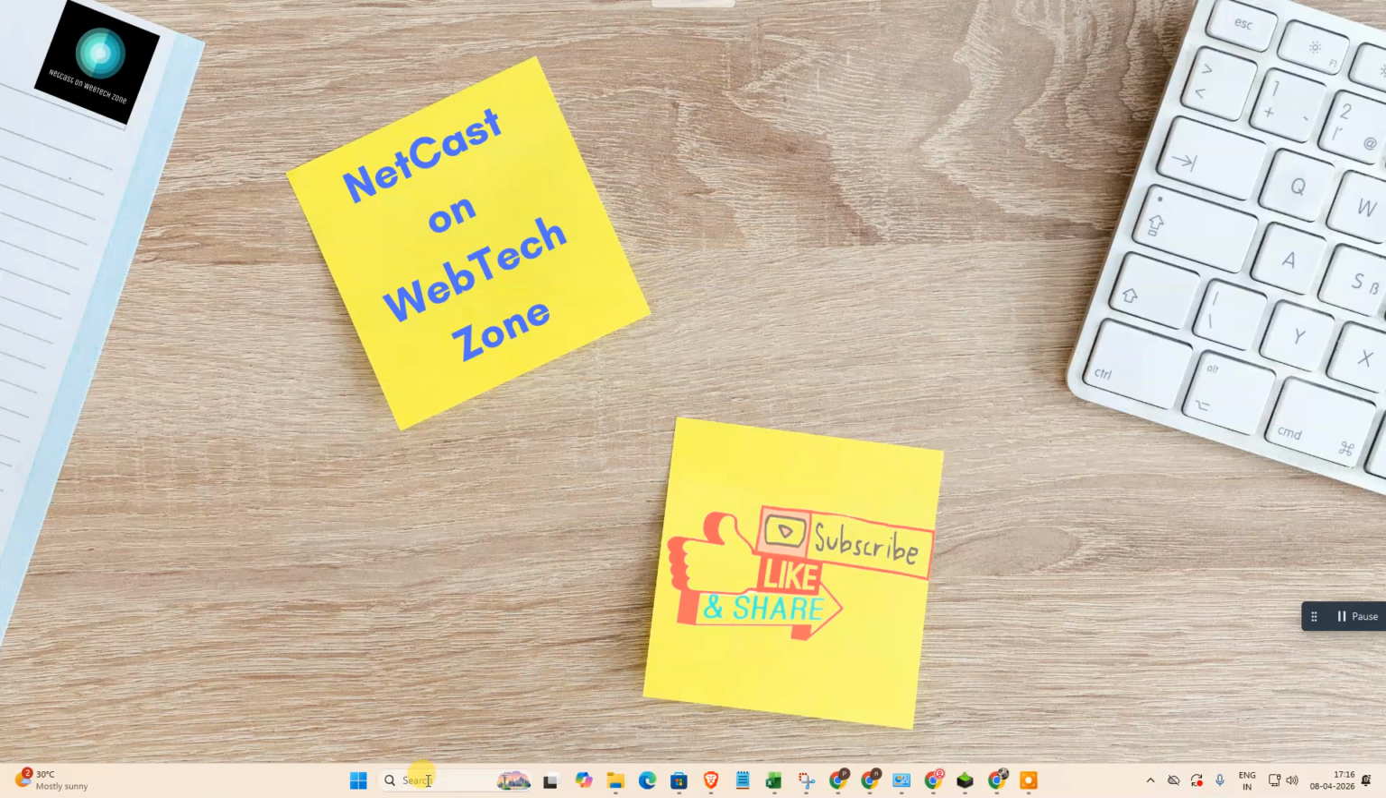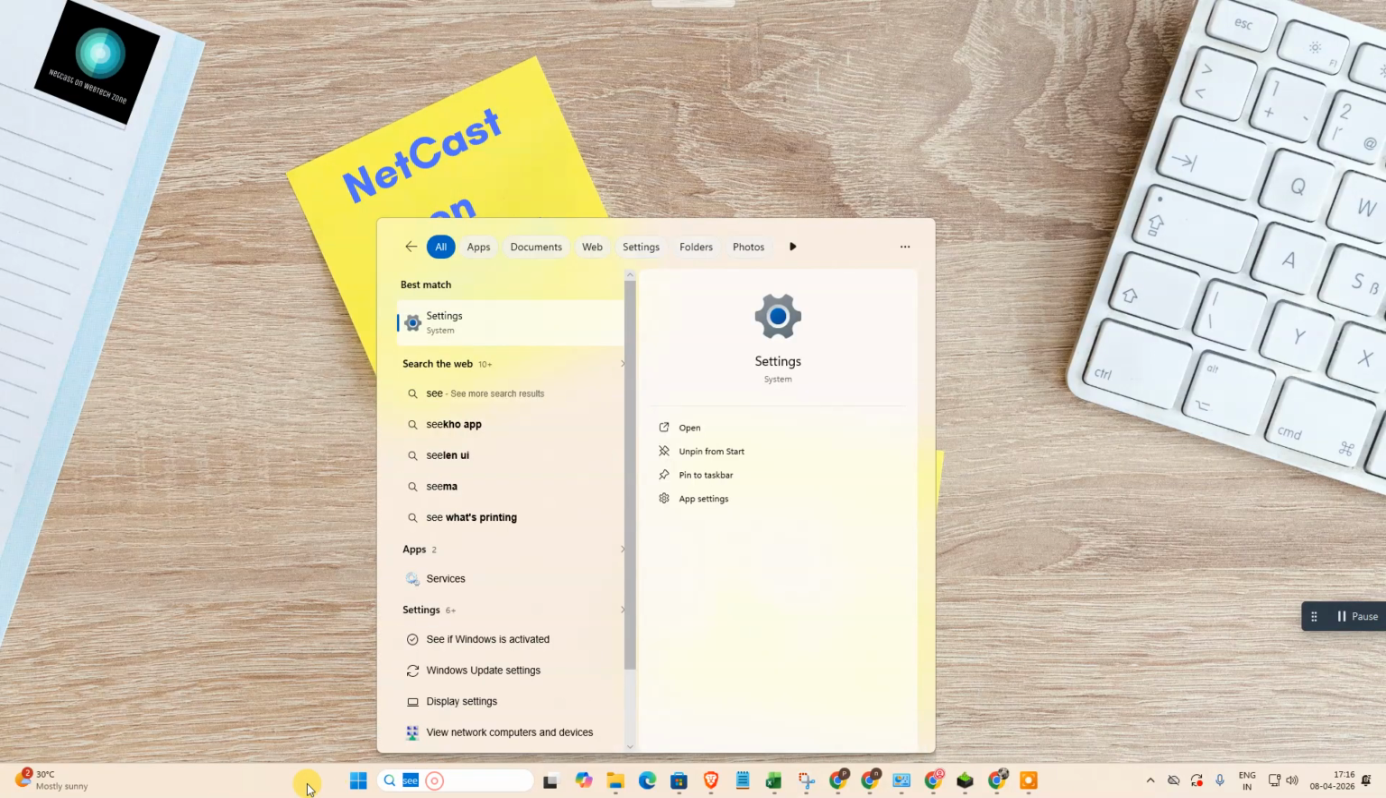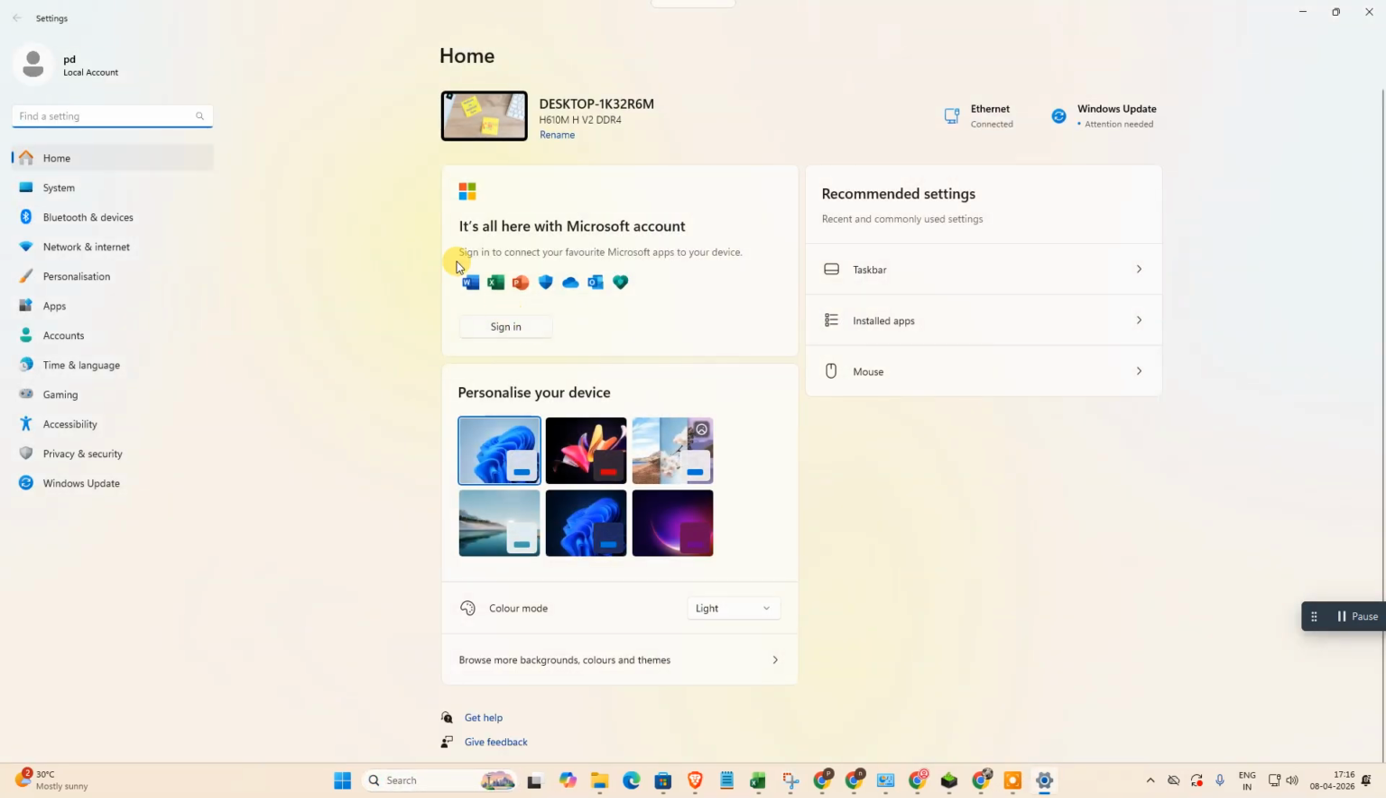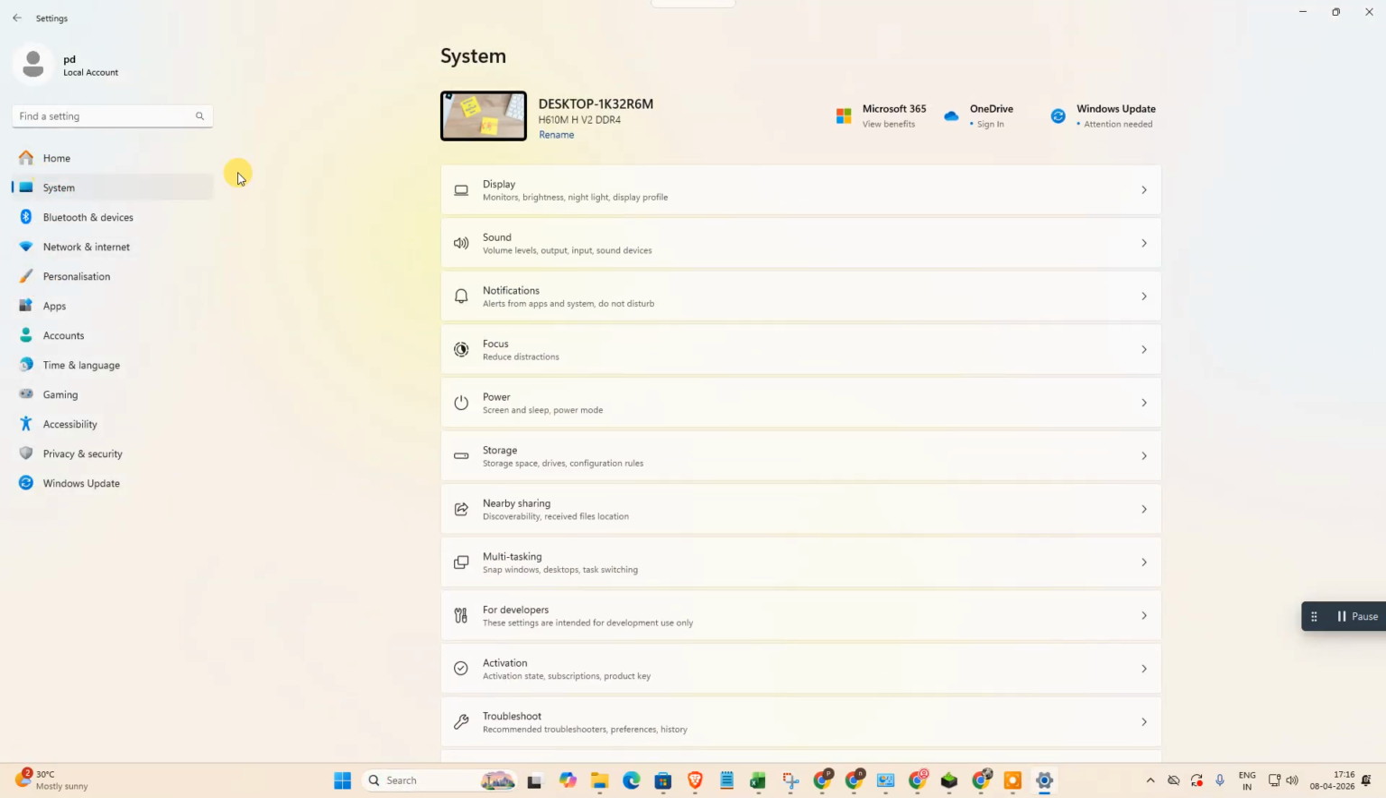Okay, so first we need to go to Settings. Just come to the search bar and type settings. Just open your Settings. Now go to System. Under System,